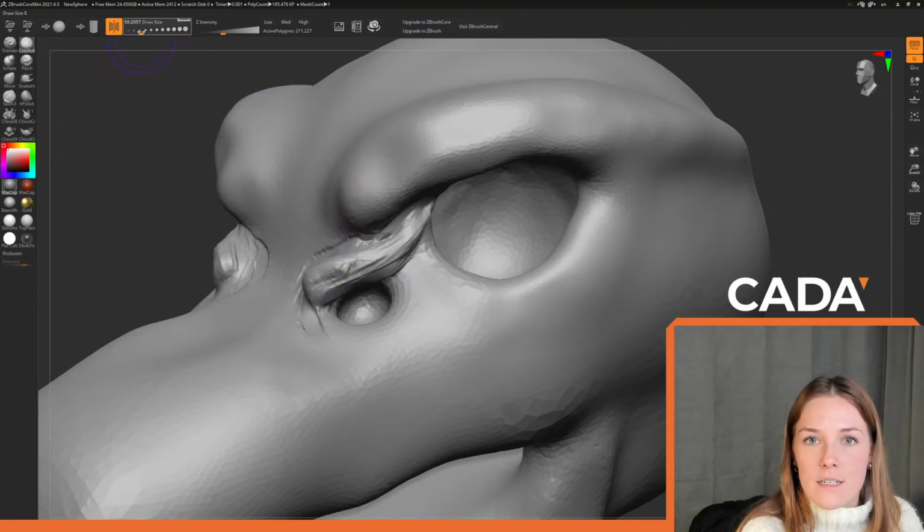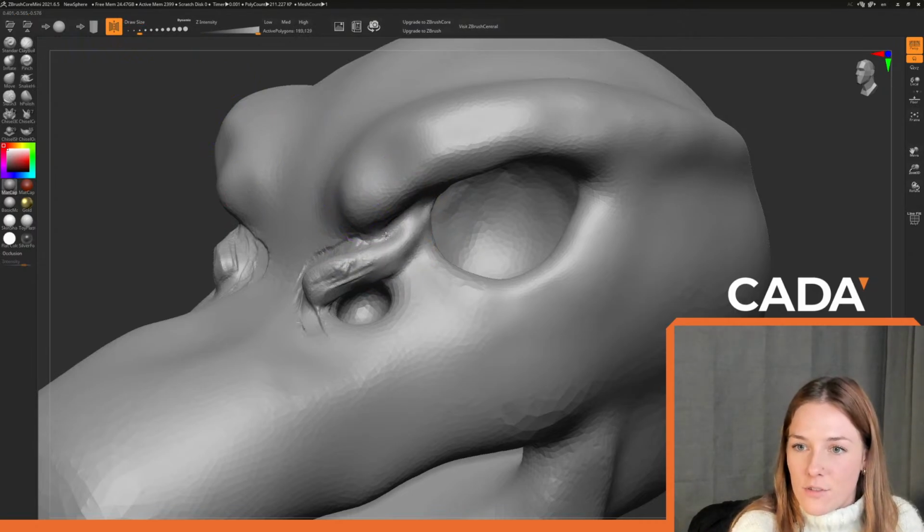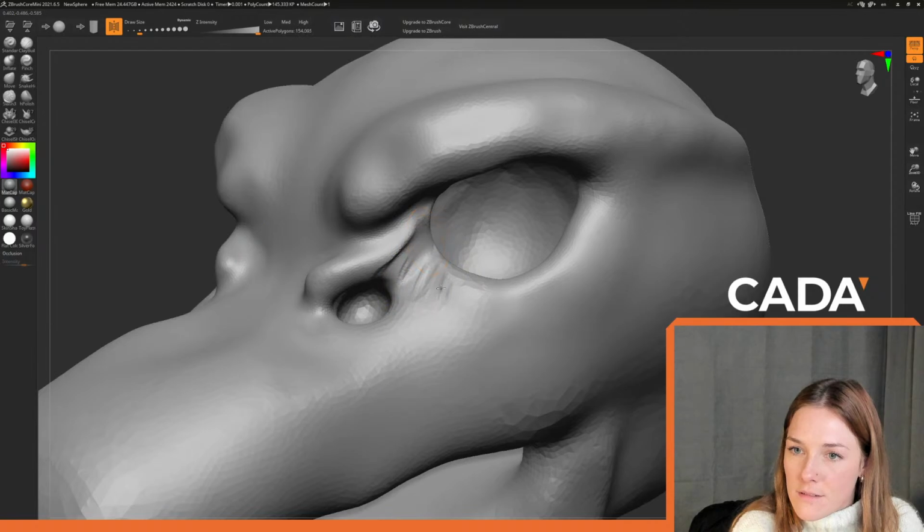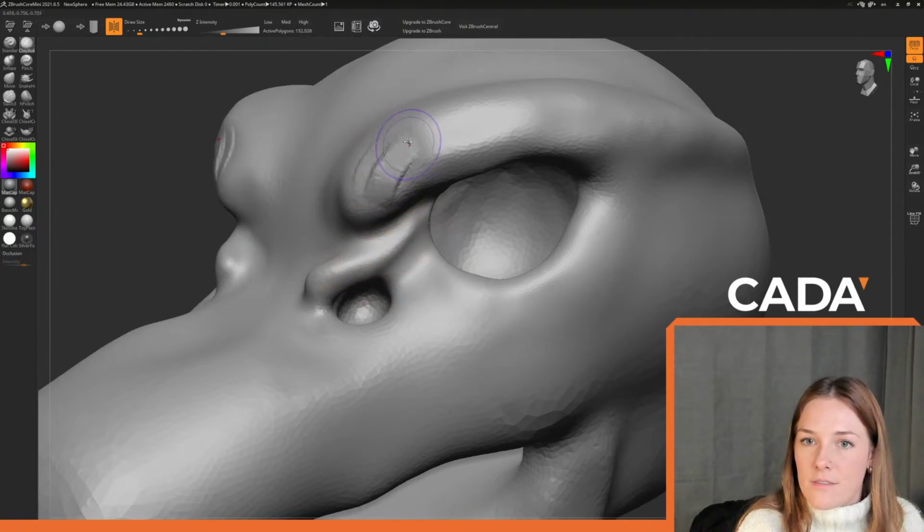Not too big. Like, if I was in normal ZBrush, I wouldn't have this effect on Sculptris Pro at all, but it can be handy. Just not really what I want right now. But that's okay. Alright, so far,